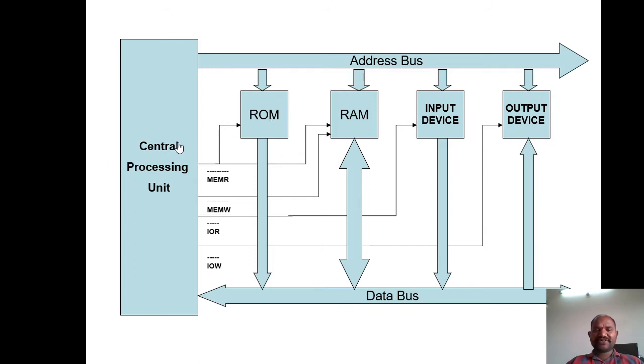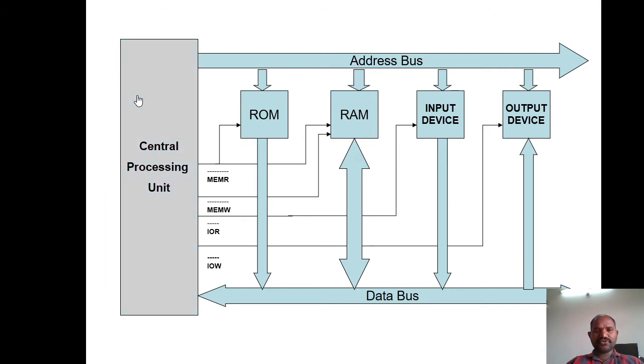First of all, when you want to read something from the memory, you are supposed to give the starting address of your program or the data. Let us suppose you are trying to read the data or the program. If it is a program reading operation, it is called a fetch, and if it is a data reading operation, then it is going to be the read operation. Here, you give the starting address to the central processing unit, which is nothing but the microprocessor. It uses the address given by you and places that address